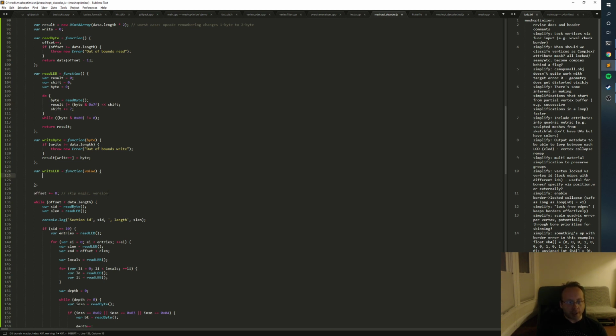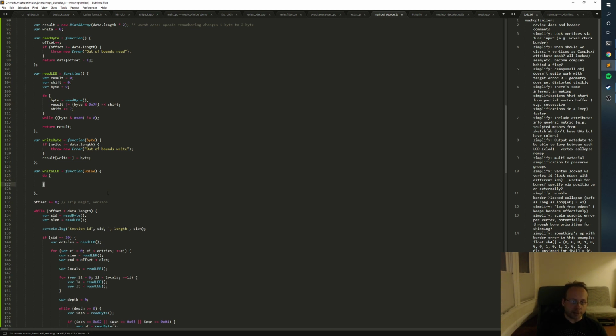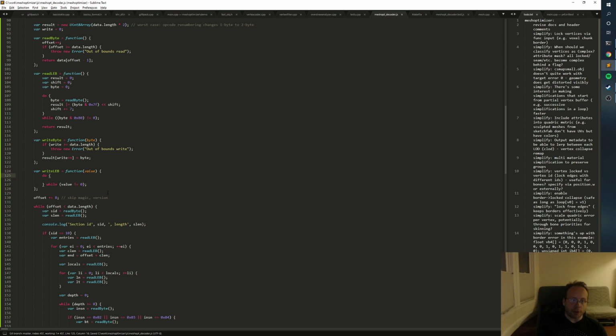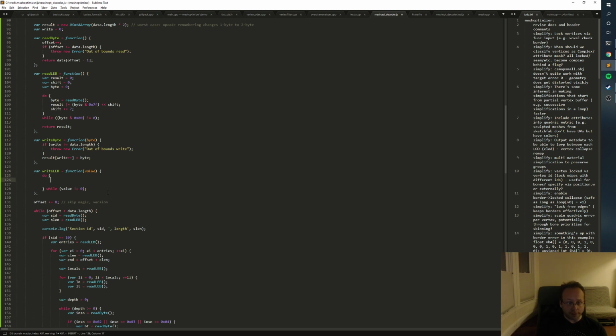So what has to happen here is that while the value hasn't reached 0, we need to write 7 bits to the output and then shift them out of the value. So we'll take the lowest 7 bits and then